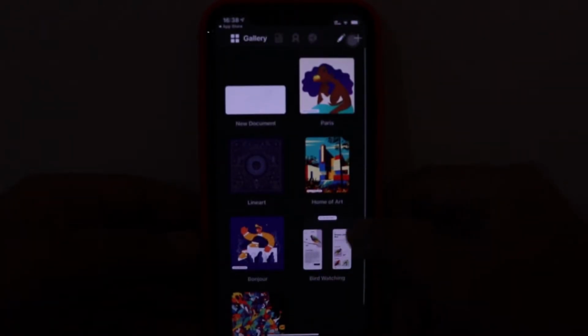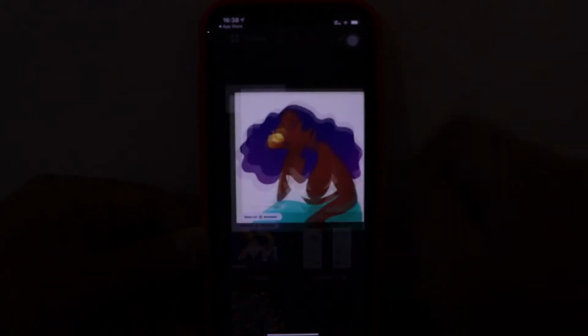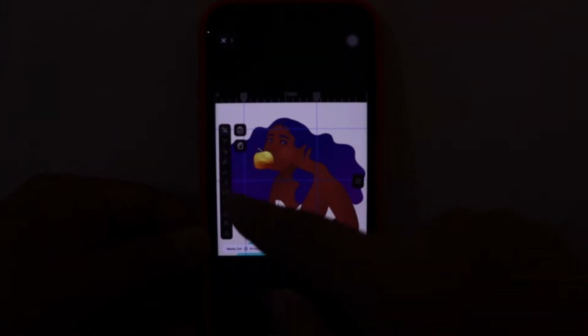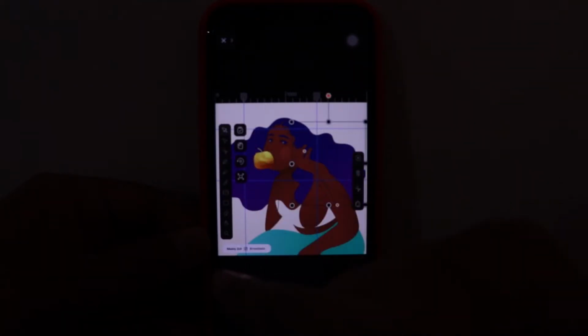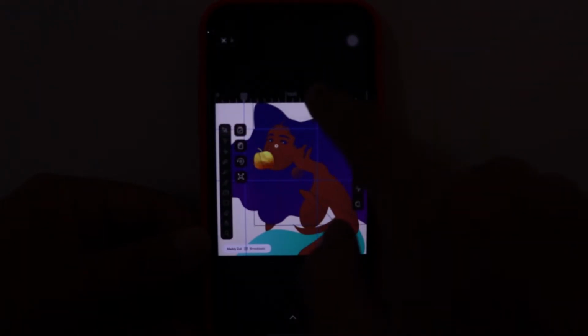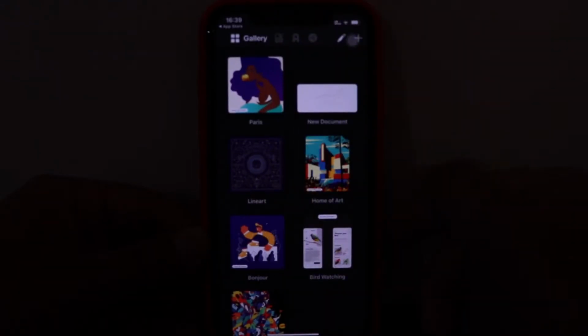So here it is. It has some already available samples. Let me show you: if I open this sample, there are different vectors created for this hair. Let me select it. As you can see, I can move this and increase the size of this hair. If I increase the size, there won't be any pixel tearing or anything. This is what a vector is. Likewise, you can create different vector images as well.